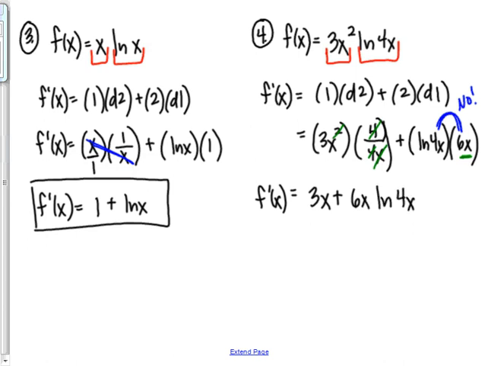Okay, but that's the natural log of 4x, and that's why a lot of people put parentheses around whatever's after the natural log, so you don't get tempted to multiply anything in there, but be careful with that. Okay, and then number 5